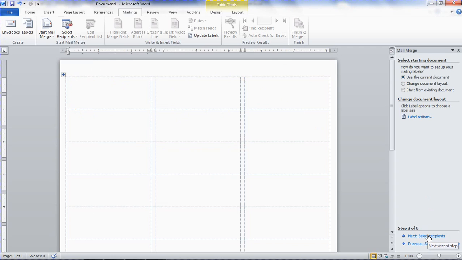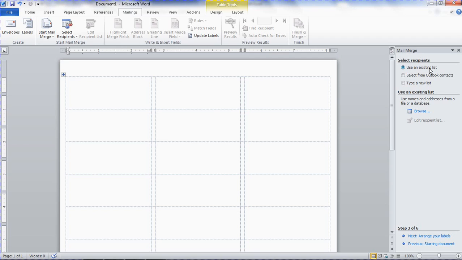So the next step is to select the recipients. Once I've gone to step number 3, it's asking me, what do I want to use? I want to use an existing list. I could select from contacts in Outlook or type a new list, but we've already got our list selected. So we're using an existing list, and it says, well, where is that? So I'm going to click Browse,